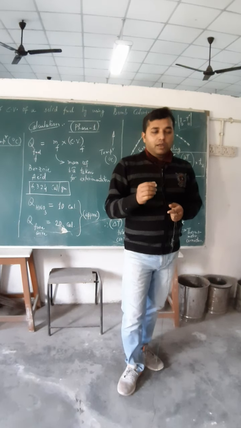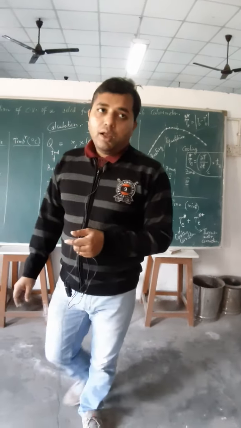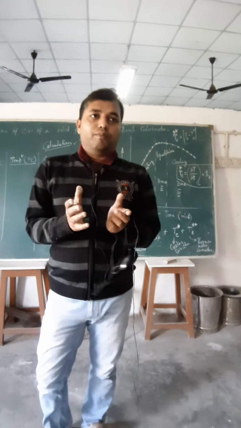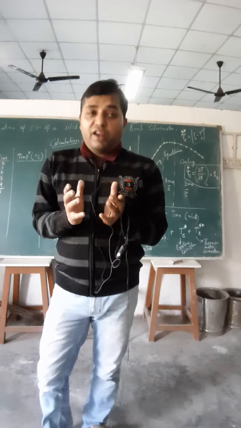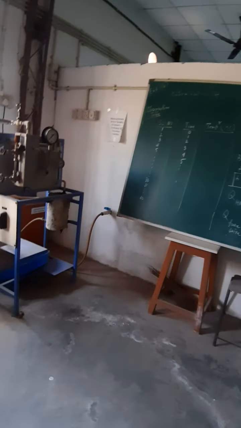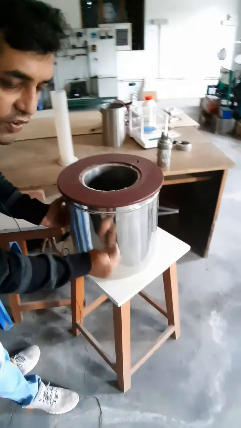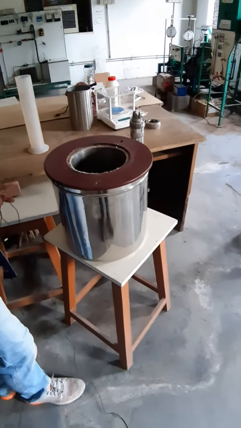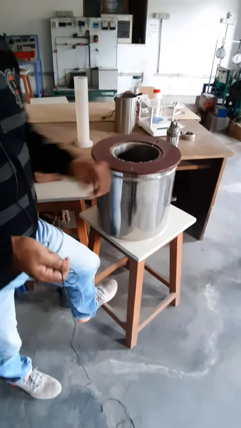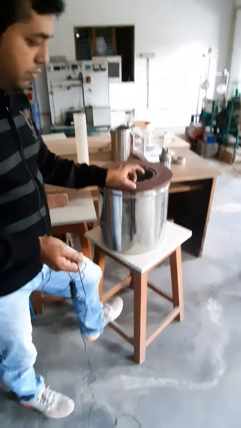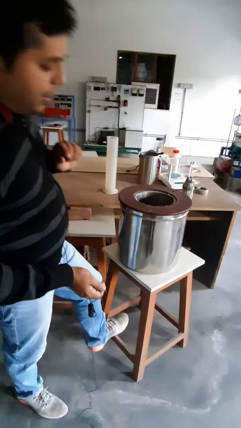But before that, let us study the inside schematic diagram, or the construction of the dry calorimeter. Here you can see this is the outer shell or the drum. It is made of stainless steel. Now there are 4 layers, or that means there are 3 different partitions covered. What type of partition?